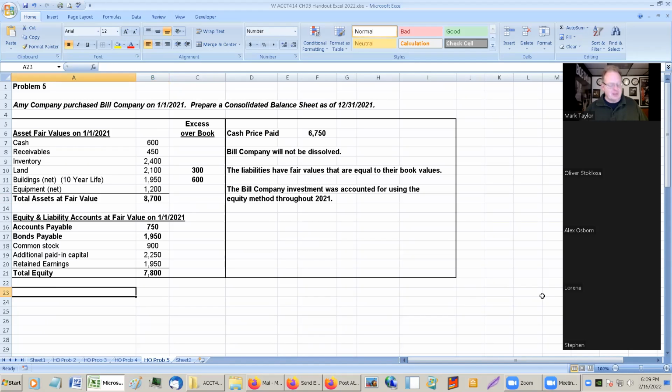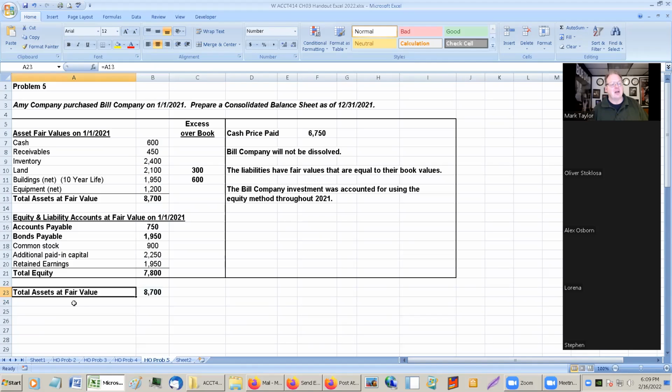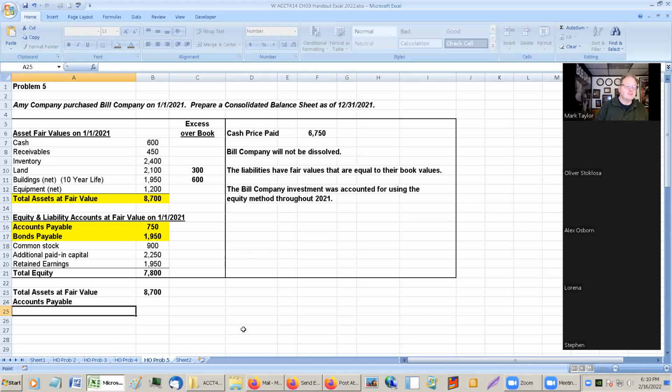So to get the net assets at fair value, take the total assets at fair value. Hey, how come that's not centering? And then we also have to take into account these two liabilities at fair value. I will put those in as a negative because they're going to have to be paid out eventually. They reduce our